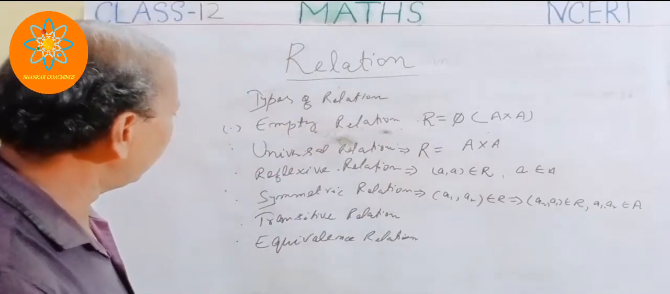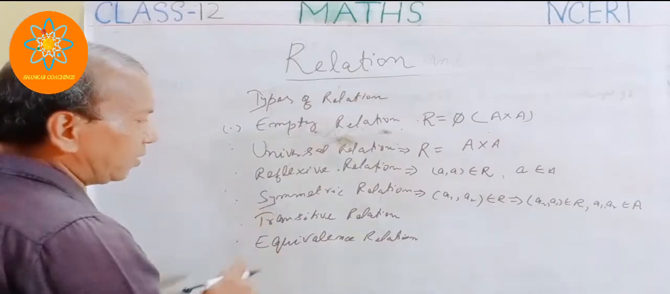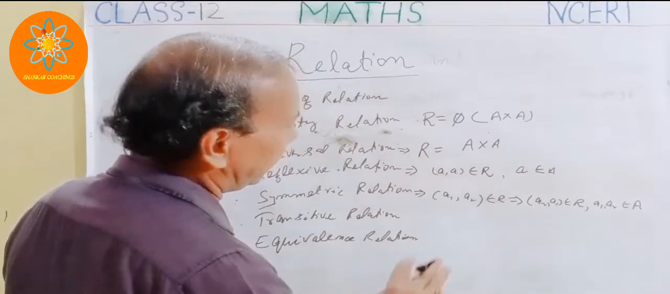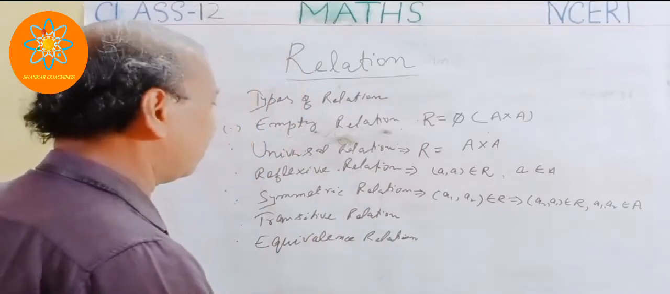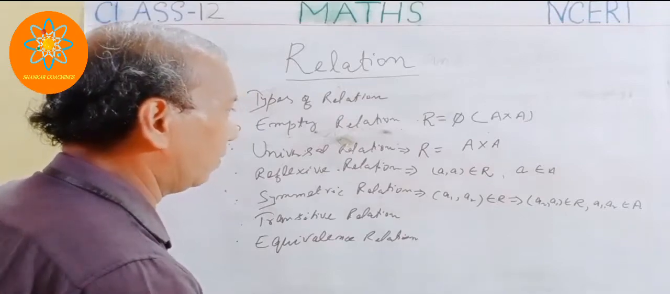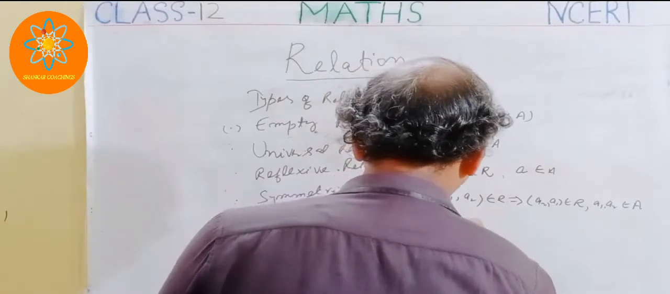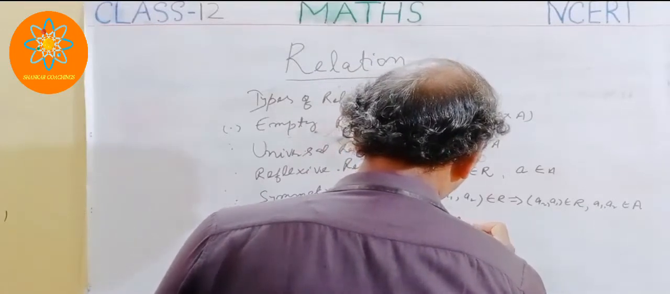Now the third one is transitive relation. Mind it, in the transitive relation, there must be at least three elements in the set. So transitive relation, let's suppose A1 and A2,